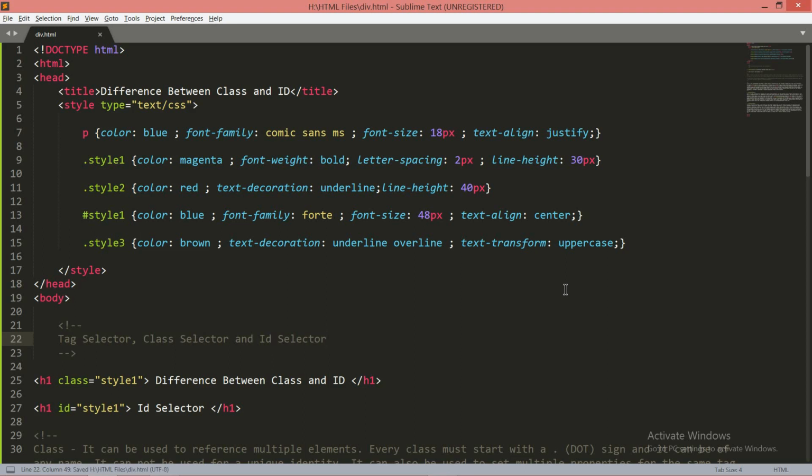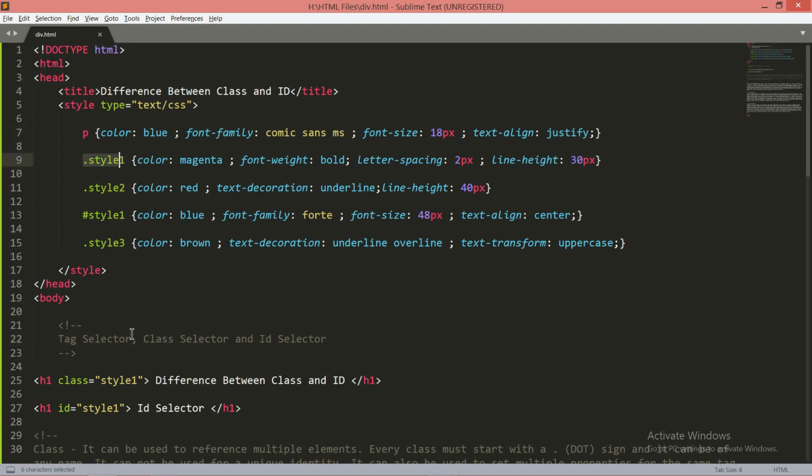I have given an explanation in my previous videos. You can watch that particular video, the introduction to CSS, for the definition and examples of all three selectors. But I would like to give you a small description. What is a tag selector? Paragraph is a tag. Whenever I give properties to any tag, that is called a tag selector.